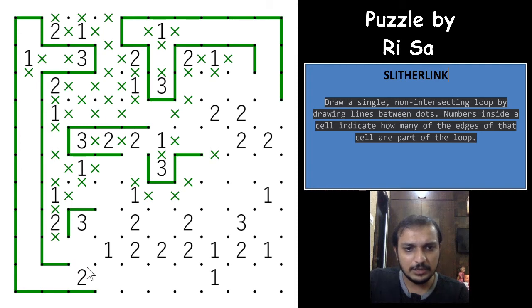So for the 2 here, one of the loop segments will either have to be this or this. That will make one of these 2 loop segments for the 1. So both of these are crosses, right? And for the 3 now, one of the loop segments will have to be either this or this. That will continue this way. So if you have a cross here, 3 will never be fulfilled. So this is a loop segment, right?